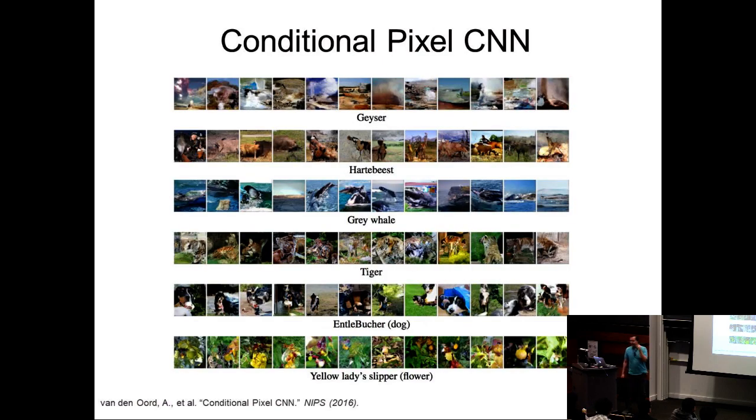You can also do conditional pixel models. In this case, it's convolutional neural nets. So you can do RNNs, or you can do convolutional nets. There are a few differences, but not that many. So you can generate gray whales, for example. The way you can think about conditioning is that it's just another bias that comes into the model, biasing the hidden states. That's all there is. There is nothing fancy about it.